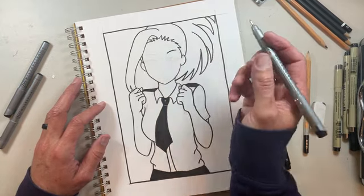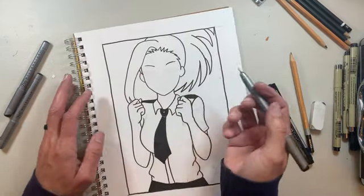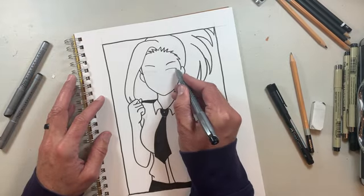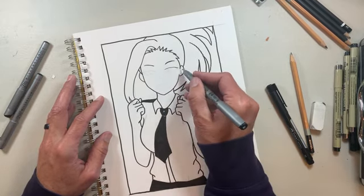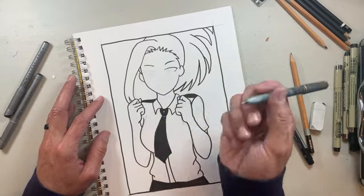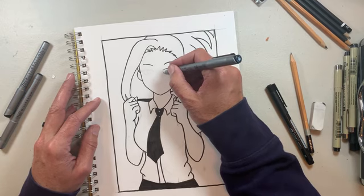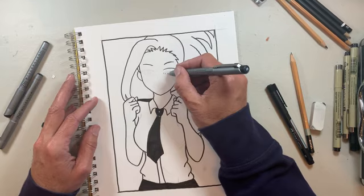So thin eyebrows. Curve as like an "I am happy to see you" type of eyes. These go like this, and then we're going to add just a little line like that, and then down. So just typical pretty anime eyes. Okay. The next thing we'll do is down here, we're going to add 4 eyelashes that come down